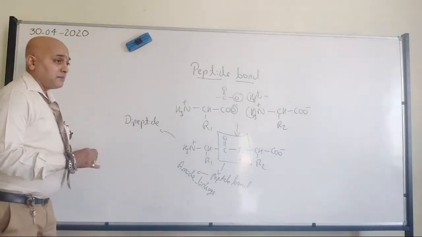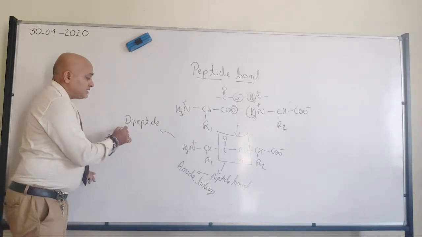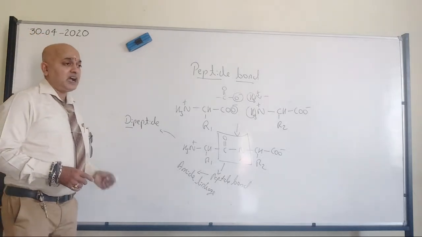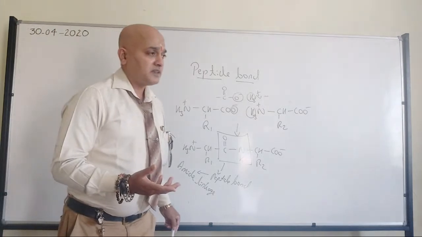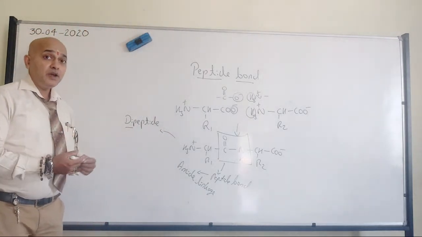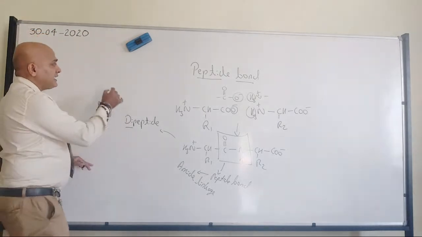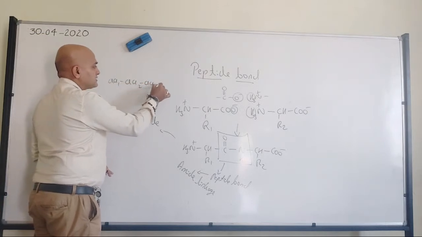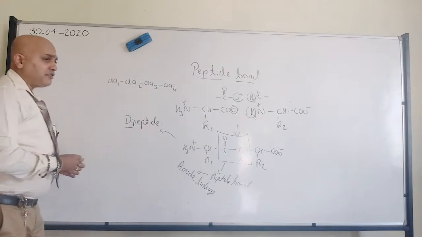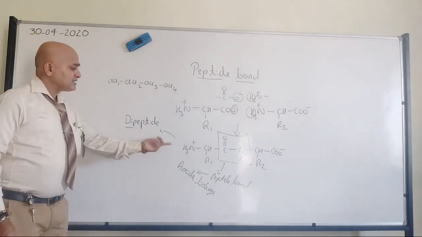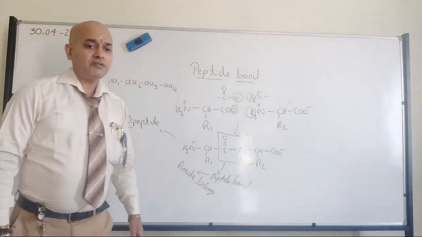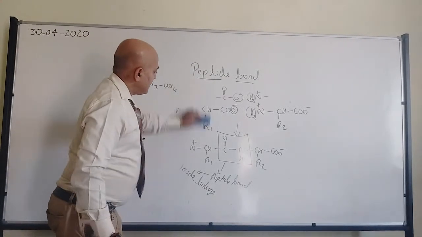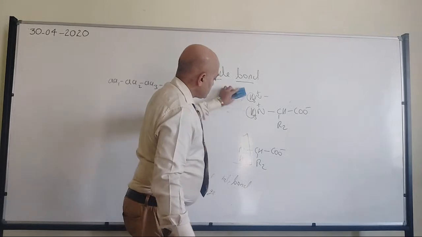Please remember, many students get confused. They think that dipeptide means two peptide linkages should be there. No. This number di stands for amino acid. Okay? So two amino acids linked by one peptide bond. Now in that case, I have amino acid 1, amino acid 2, amino acid 3, amino acid 4. Can you tell me, same as dipeptide, what can this be called as? Whatever I have written, this can be called as what? Same as that of the dipeptide which we have discussed just now.